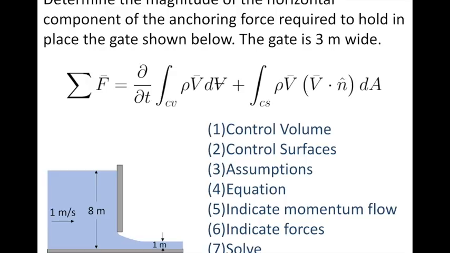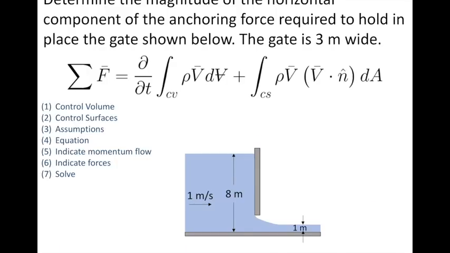All right, so let's take this one on. So shrinking my little steps here so we can keep track of them. First thing that we said we want to do is put a control volume on here. Sometimes the control volume is fairly obvious. Other times you really have to think it through and try to be clever to save yourself some work. In this case, I'm going to suggest this right here is our control volume, where we're pretty much just capturing the volume of water that was shown there. But hopefully it'll become obvious why I drew it the way that I did as I add on the other